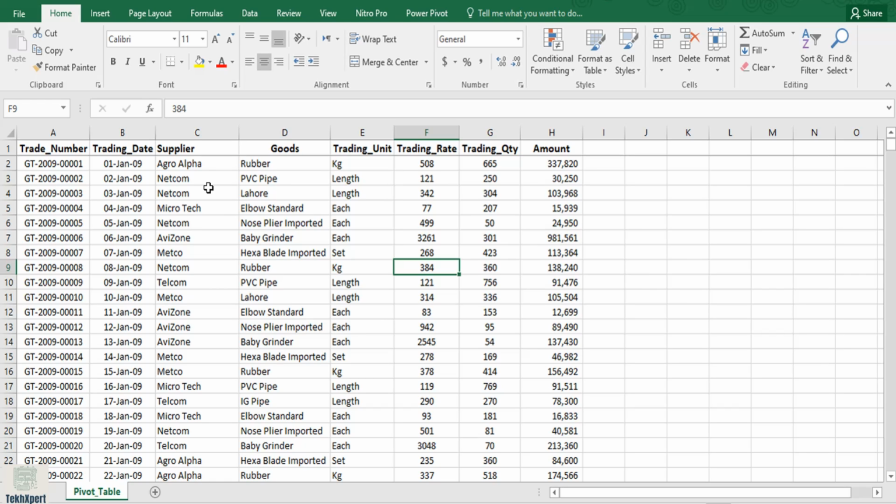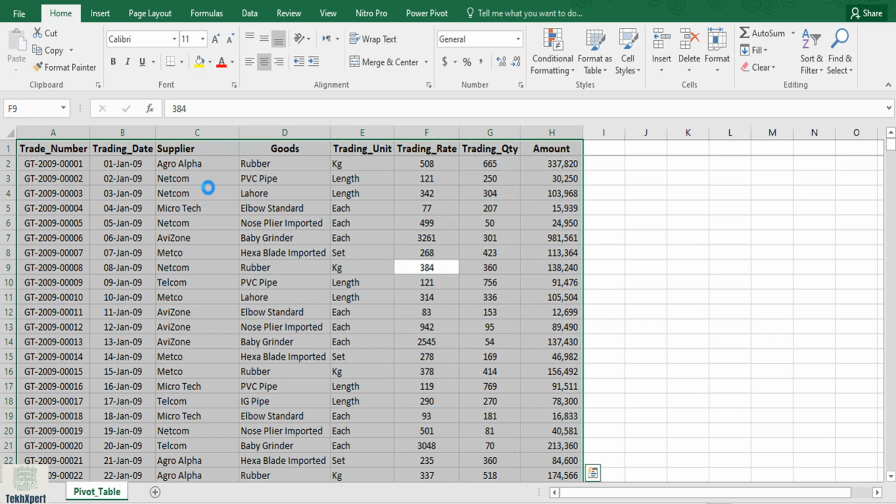We want to see how much quantity of goods have been sold and what is the value. In the function way, you have to apply the countif function or sumif function for this purpose. But in the pivot table, it is very easy.